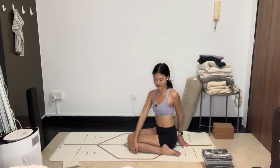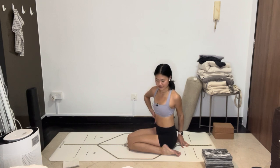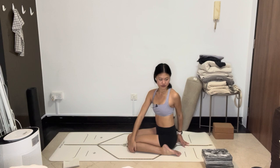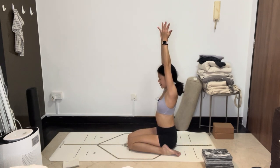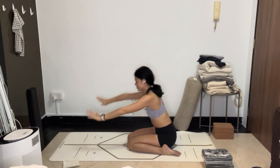Again, you want to spin the abdomen, so roll the abdomen from right side to left side. The chest rotates from right side to left side. And then lastly, you bring the shoulder blades towards the floor. Come back to center, reach the arms up over your head, and then exhale, hands to the floor,